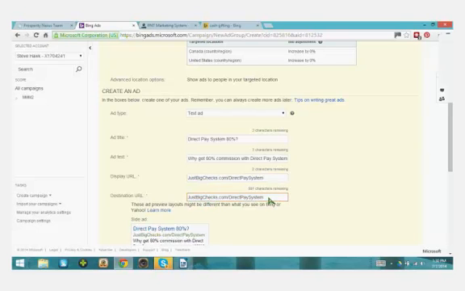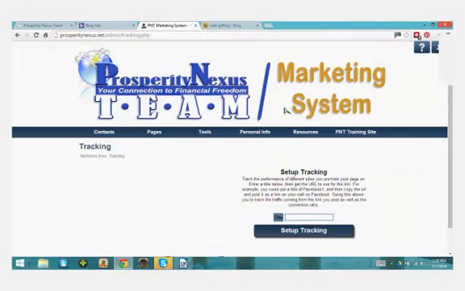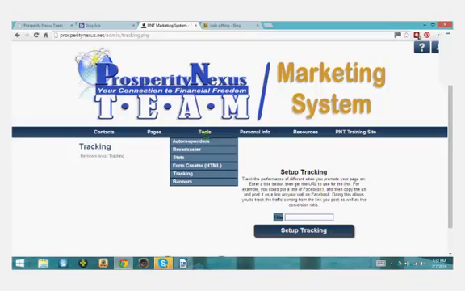Now, for destination URL, we can put something completely different. And here's what I want to show you, how you can set up a link tracker in your marketing system. So I'm in the back office of my personal marketing system. I've gone to Tools and Tracking. And here I'm going to set up tracking. So I'm going to type in here